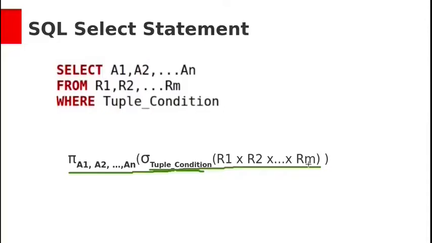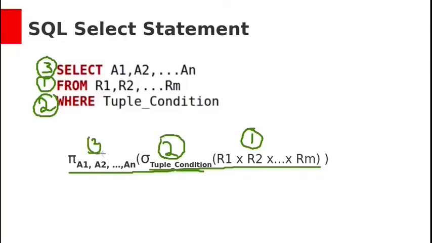to Rm. While processing the query, the best order we can think of is first the from clause, second the where clause, and then the select clause. First, the cross product of all relations will be computed. Next, appropriate rows will be filtered by applying joining conditions and row filtering conditions. Third, we need to select the required attributes from the resultant relation.